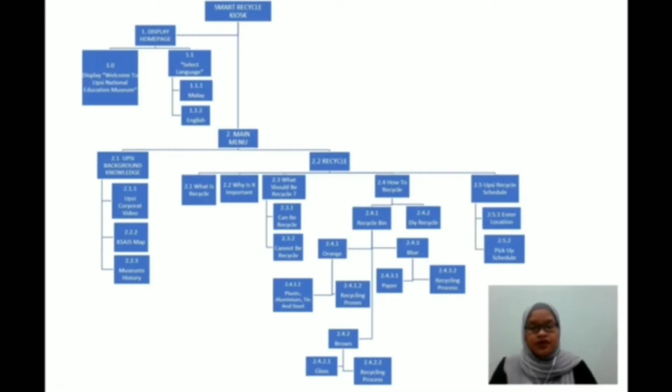because we know that nowadays we can also recycle things by doing it ourselves, making new things from the things that we want to recycle. Okay, so the recycle bin itself contains three types of bin, which are orange, brown, and blue. And inside each of the bins, we will let the user know what things they can recycle and put in the bin. Okay, and then the last part in the recycle is the UPSI recycle schedule,